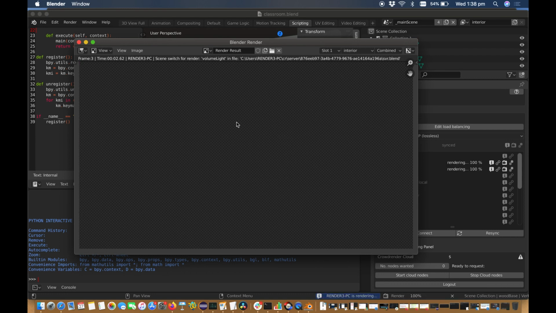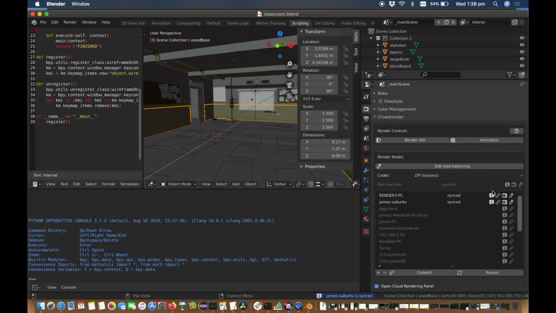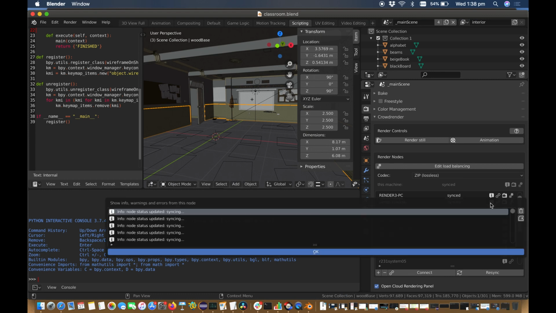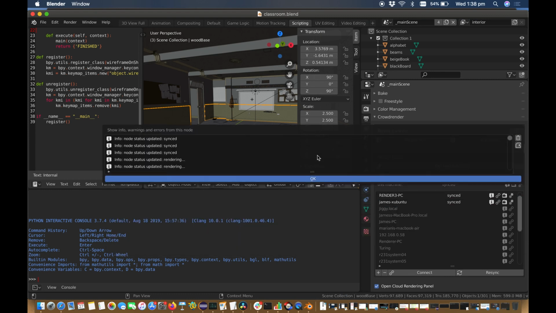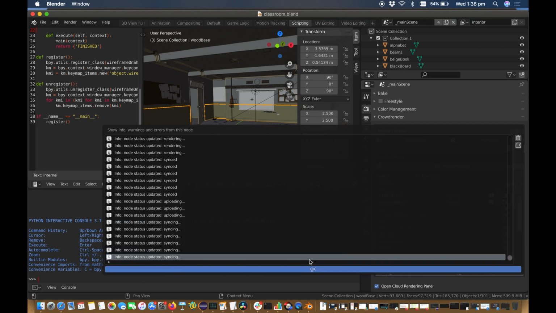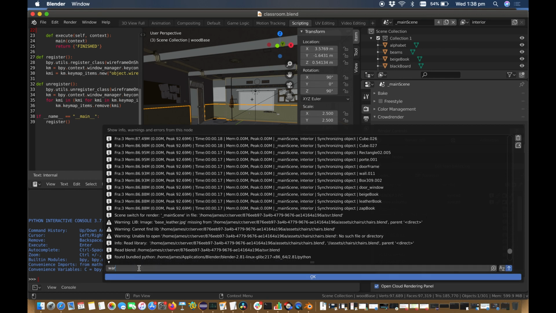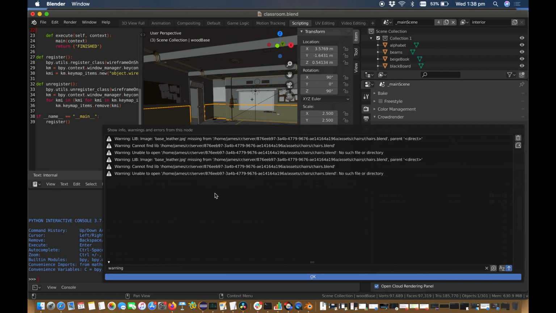Okay, so one of the things we're going to have to do is learn how to use this new tool, because this tool is going to help you pick up on problems. So when you hit render for the first time, what you'll be able to do is actually access all of the data in here. So all of this data will actually tell you if there's anything missing, because this is the output from the render process. So now I can search for warnings, and sure enough I get warnings about a whole bunch of